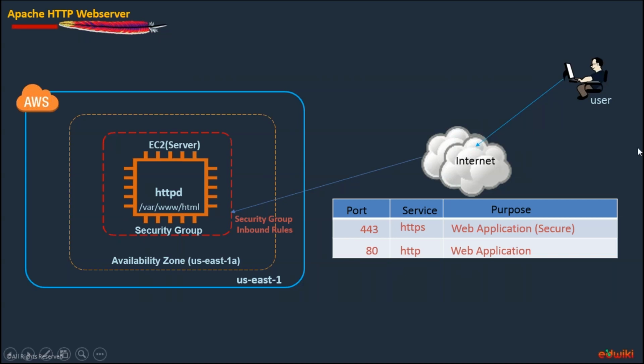That means how the website should come to my actual user who is accessing my website: the website design, the data, whatever content you would like to show. The content could be text, an image, a video, or whatever, based on the use case of your website. All that data resides in the default location called /var/www/html. Once the request comes to the EC2 server after passing through the security group, the HTTPD is